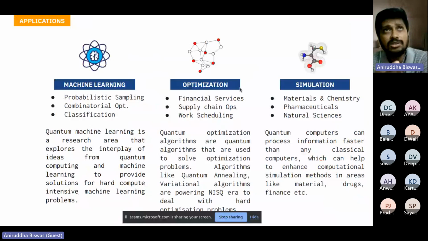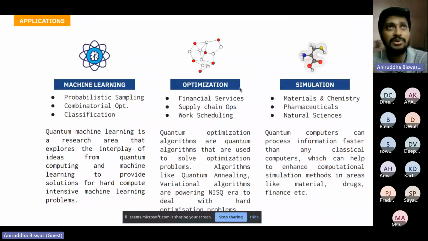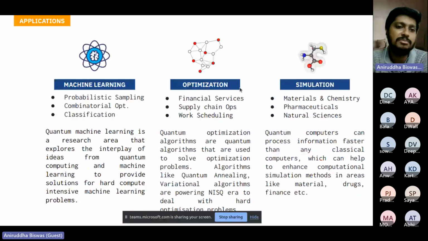In quantum technology, there are different areas as well. Quantum computing is one of the application sides of quantum technology. There are other areas of quantum technology, like sensing, cybersecurity, cryptography, those kinds of stuff. In quantum computing, if you just categorize it, there will be three different parts: machine learning, quantum optimization, and simulation. In every single area, I'll be talking very little about all these three in a minute, and then jump into what exactly our agenda is today.